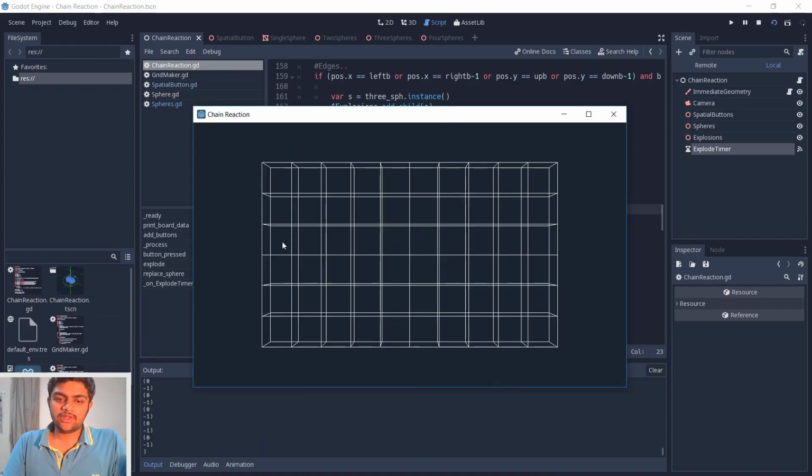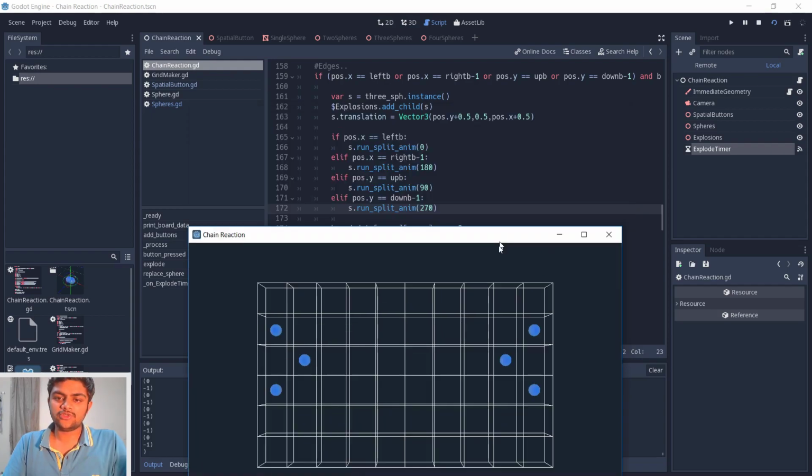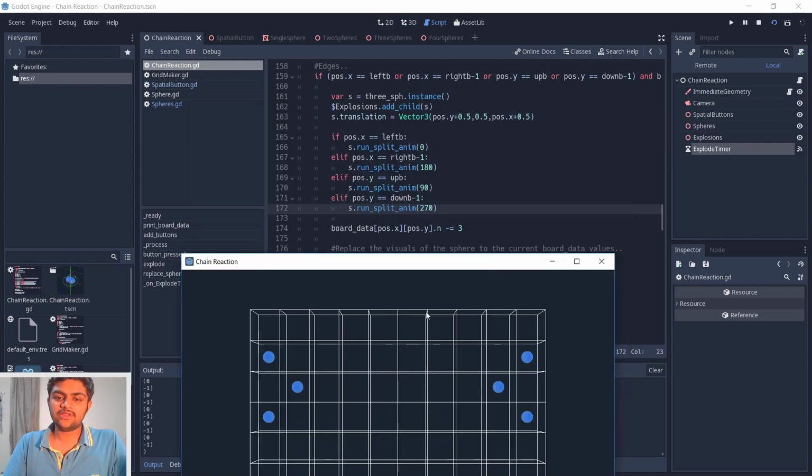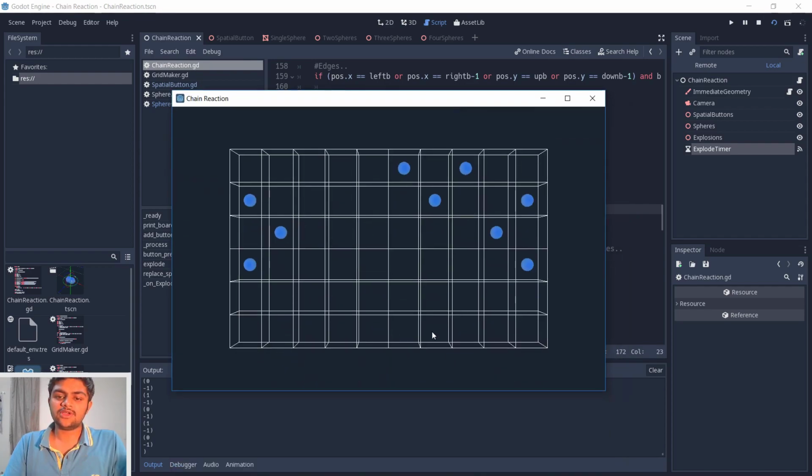So now in the left it's working fine. If it's in the right, it should be replaced by 180. If it's in the top, it should be replaced by 90. It's working. So again, if it's in the bottom, it is rotated by 270. You can also see that the splitting is also working, but the 4 places that we split is instantly